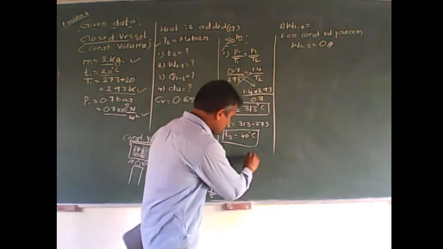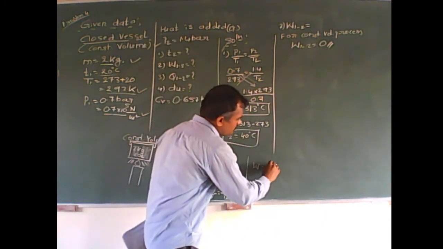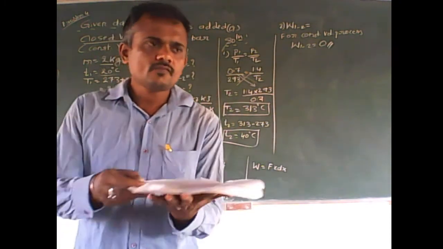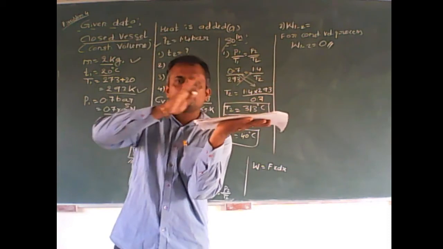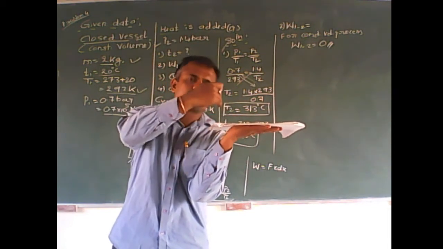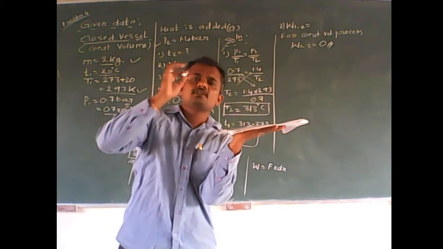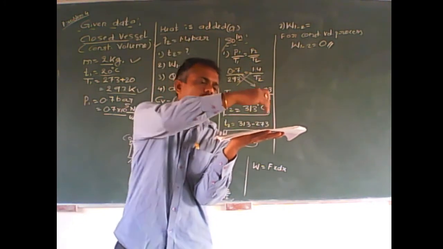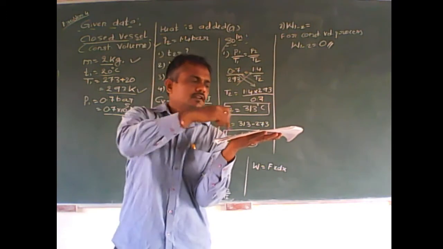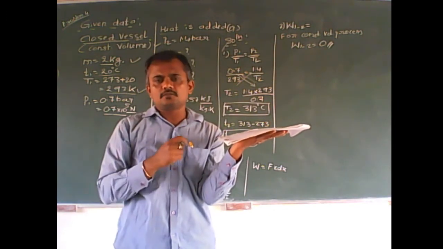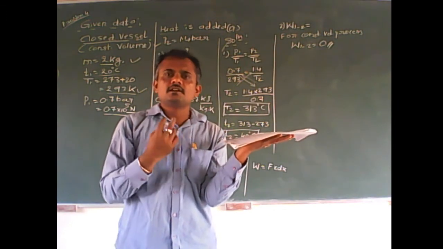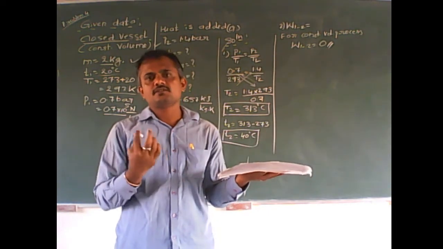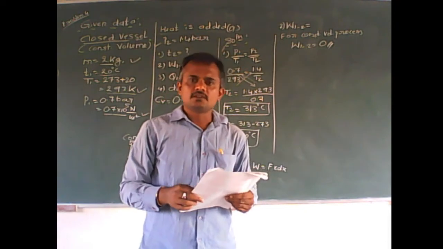As you know, work done is equal to force into displacement. Suppose one object is there. If I apply a force, this object moves from this place to here. It means the expression for work done is force into distance moved. Here there is no distance moved by the object, so distance is 0, then force applied is also 0. Hence we can take work done as 0.